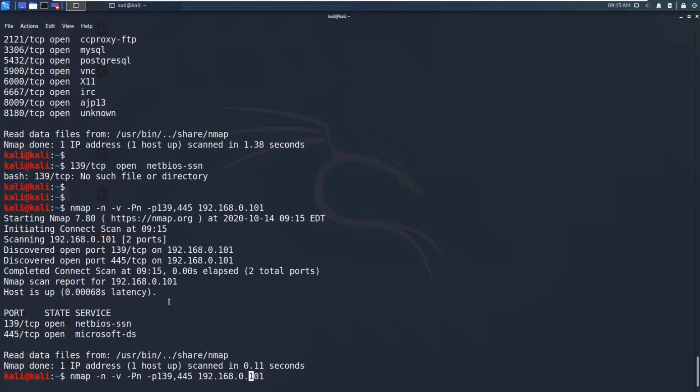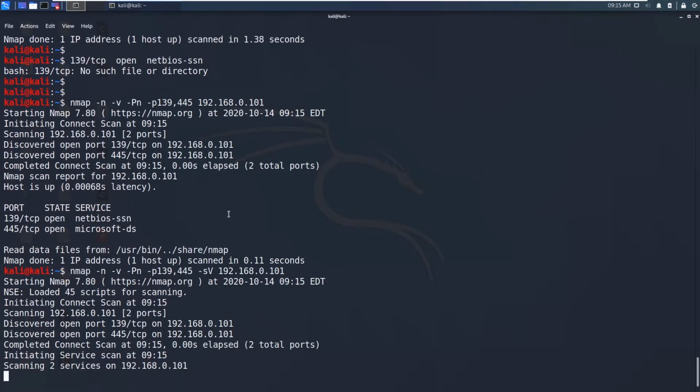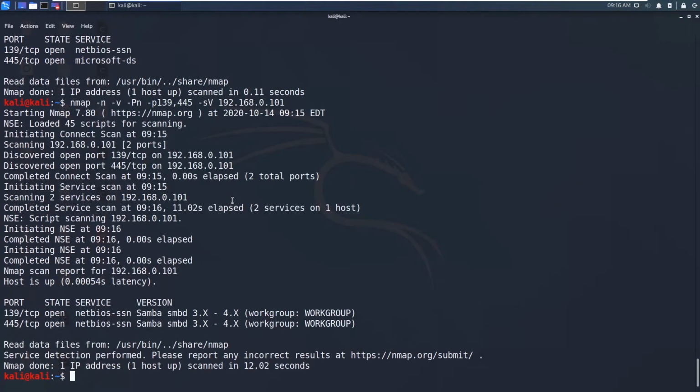Okay, now let me do the version scanning. So we have got the versions on 139 and 445.